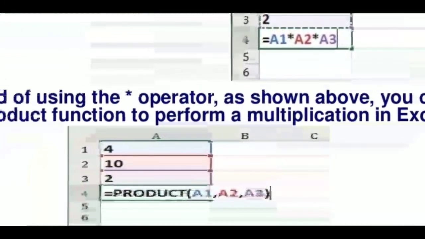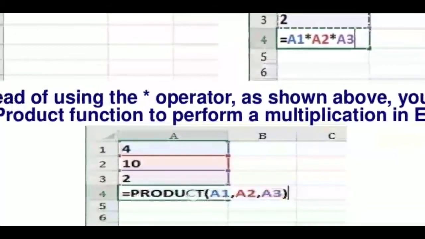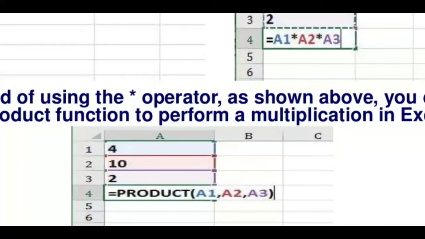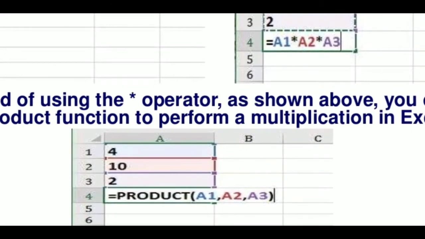Now we can do it using the function. To multiply numbers we have the product function, and here we don't need to write star operator as we have used in formula. We can simply write this function like equal to, then the function name to multiply.